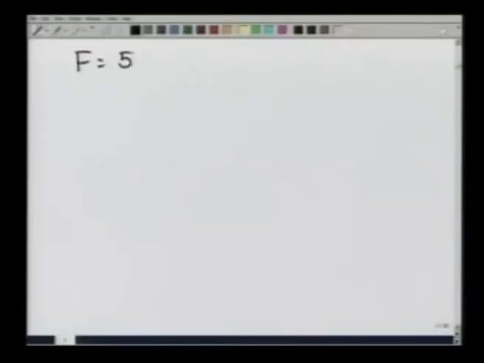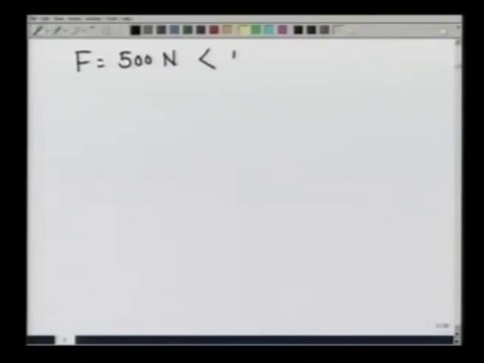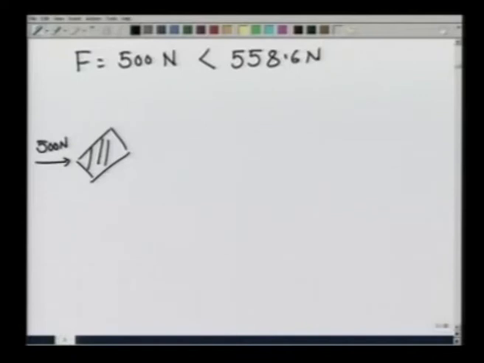Let us now take the second case of F equals 500 newtons, and I had earlier calculated that for zero frictional force, the force required to keep the block in equilibrium is 558.6 newtons. So, this is less than that, and therefore in this block, when I apply a force of 500 newtons, the component of this 500 Newton force up the plane is going to be less than the component of 100 g down the plane. That means